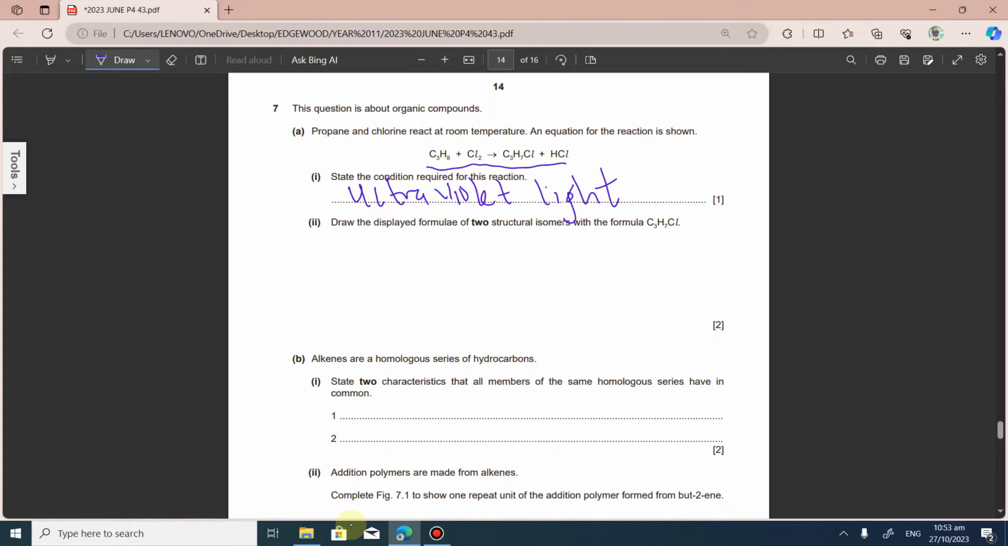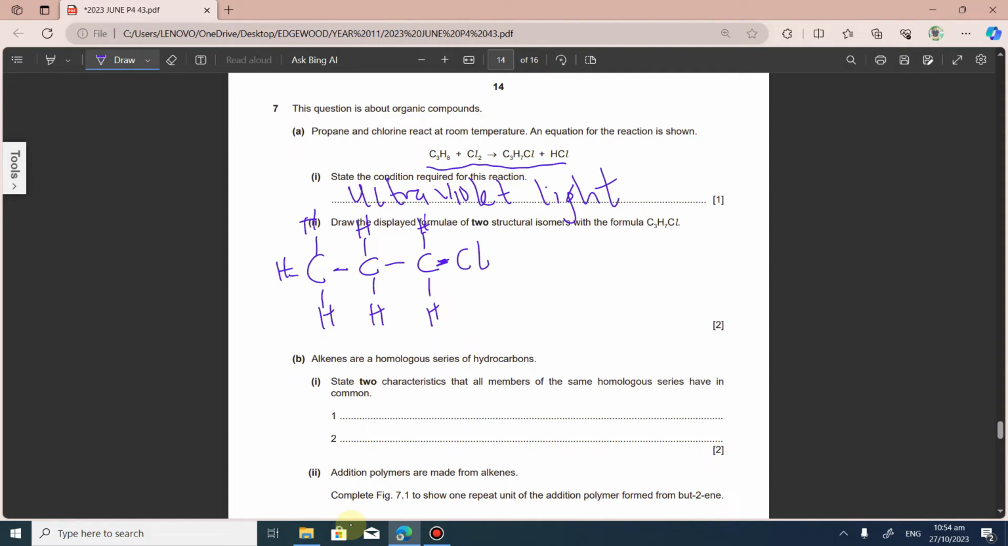Now, draw the displayed formula of two structural isomers with the formula C3H7Cl. So structural isomers means they have the same molecular formula, but in terms of structure, they vary. Okay, the way the atoms are arranged varies. So let's draw the first one, C3H7Cl. We have something like this. 3 carbons, right? 1, 2, 3. 7 hydrogens, so we can have 1, 2, 3, 4, 5, 6, 7. So we've drawn 7 hydrogens and then 1 chlorine is attached. So this is the first